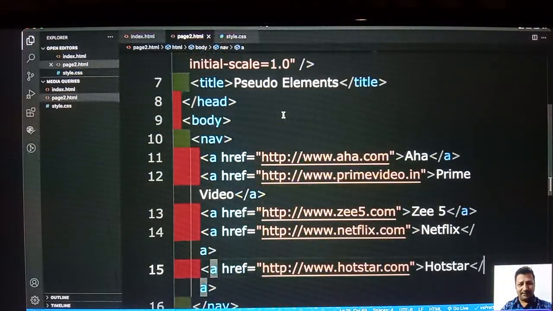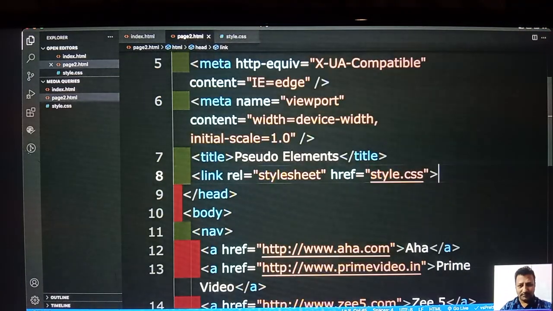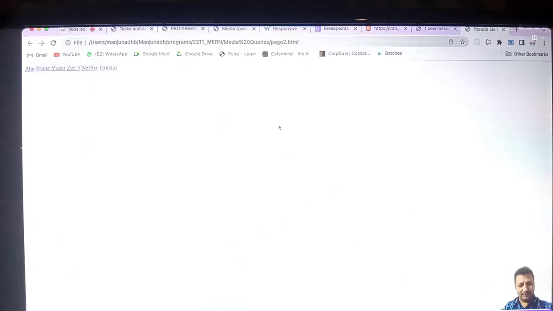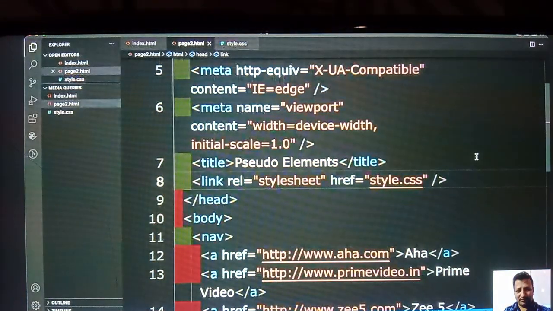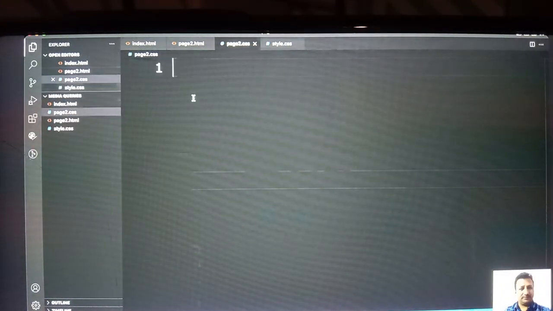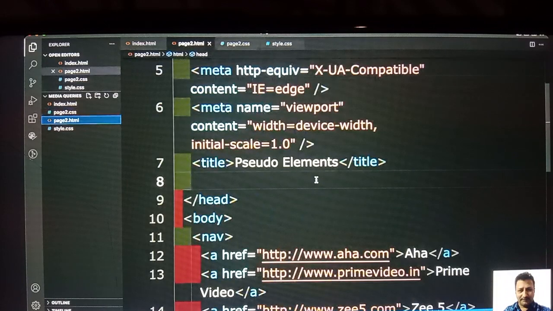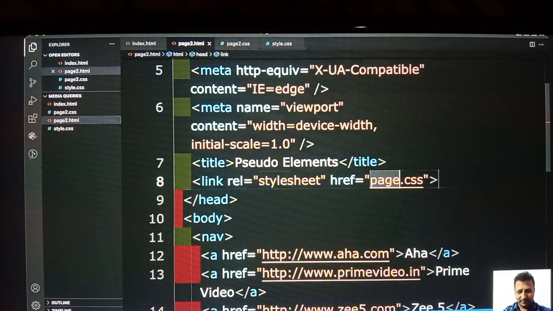So I am linking CSS. Probably the CSS which you have written there can also apply here automatically. But I don't want those things to apply for now. So what I will do is page2.css. Linking CSS. And in page2.css,